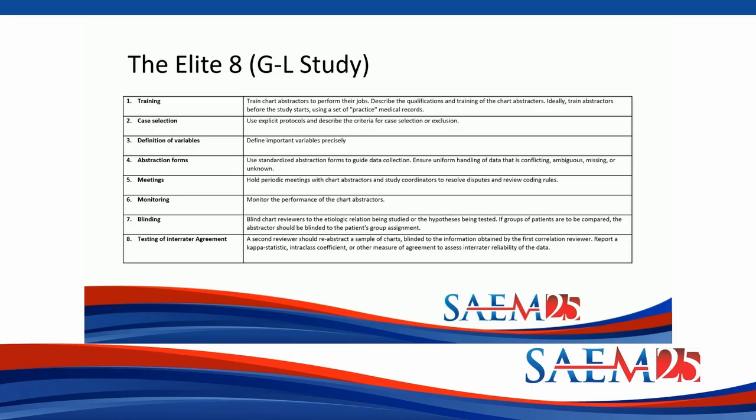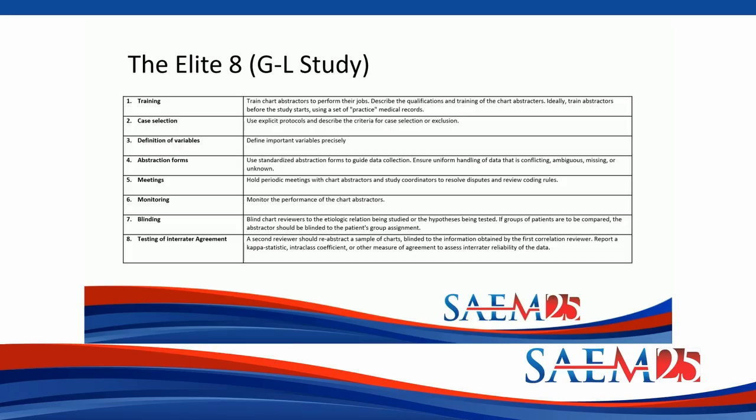I know there's a lot of words on there, but what I want to point out with this is that the 8 things here are what I would consider basic standard things that everybody would agree are really high priority for these studies. One is training, and this primarily refers to abstractors who are performing the job of collecting the